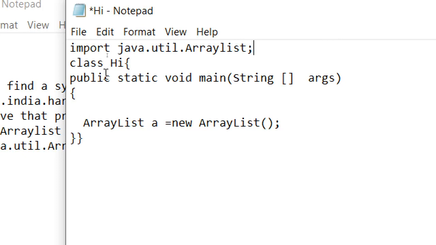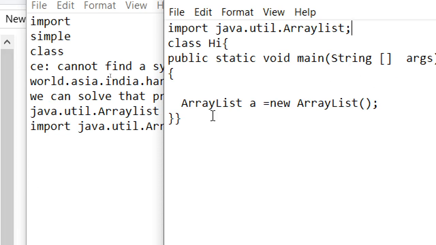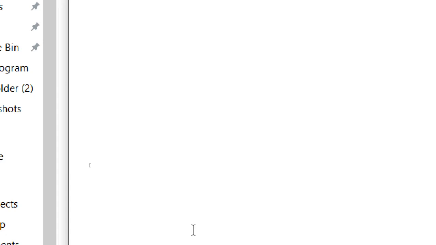As you see, I take this one time. We have to write the import keyword, then after that we have to write this fully qualified name, where this array list is available, and after that I directly use this array list by using the short name array list.